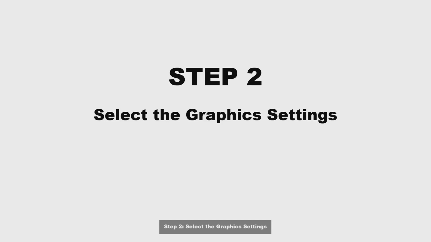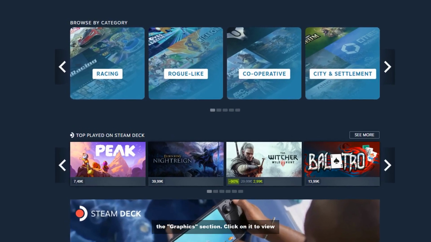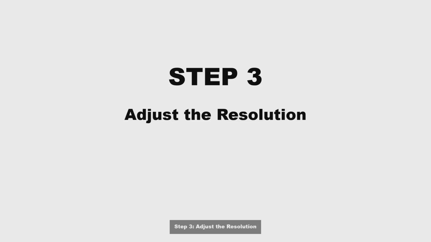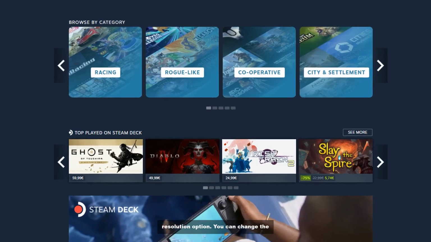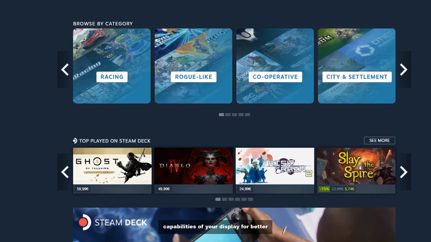Step 2. Select the graphics settings. In the Settings menu, scroll down and find the Graphics section. Click on it to view the available graphics options and settings for your games. Step 3. Adjust the resolution. Within the graphics settings, look for the resolution option. You can change the resolution to match your preferences or the capabilities of your display for better performance or visual